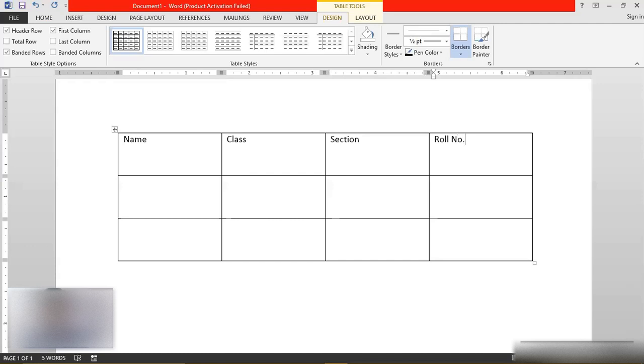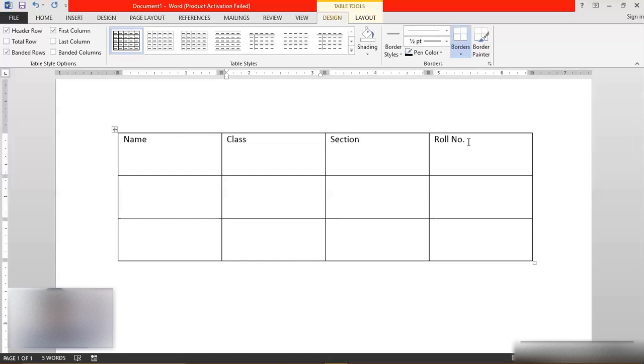Now in the first cell, where I've written "Name", I want to write the name of the student. So I need to add "of the student" there. So I need to move to the previous cell now. Either you can directly click on this cell, and the typing cursor will appear in that cell, or else you can press the left arrow key for moving to the previous cell, or else you can press the Shift plus Tab key for moving to the previous cell.